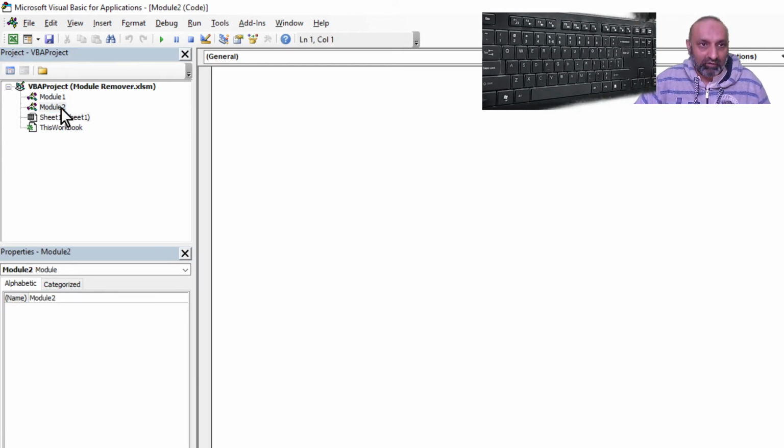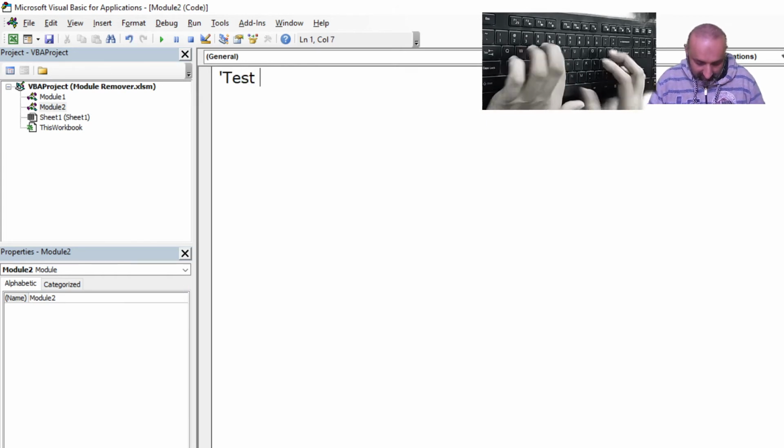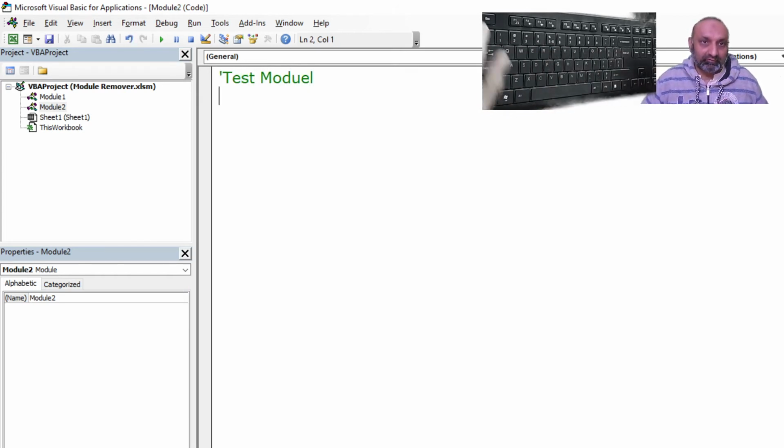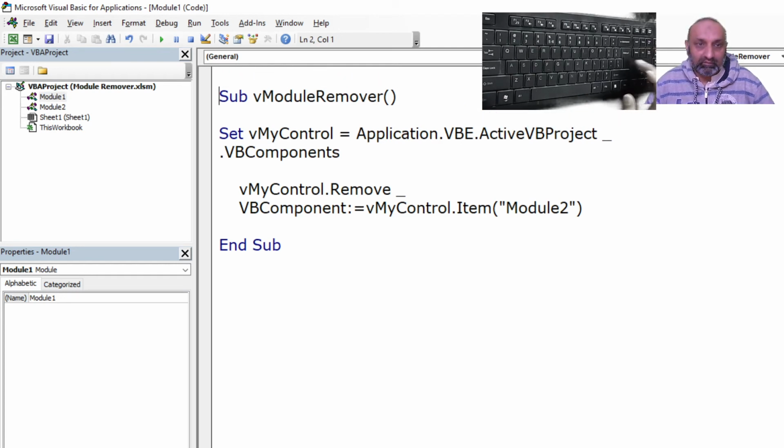So I want this module 2, which has nothing actually, test module. So I want to remove module 2. I go to module 1 and I have these two commands which I showed you earlier. So let's run these,